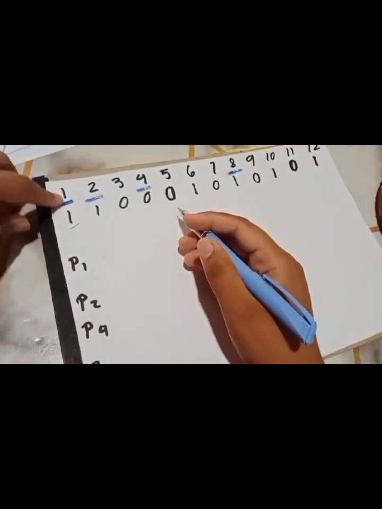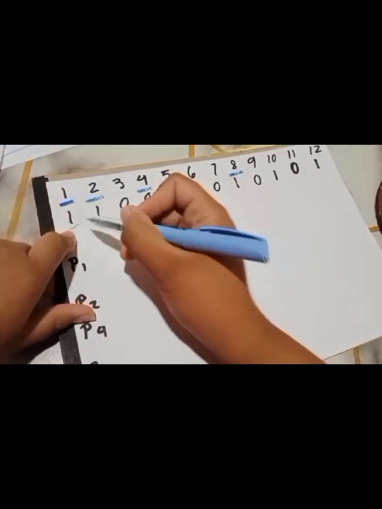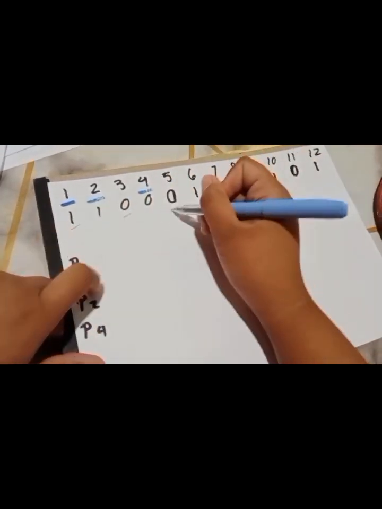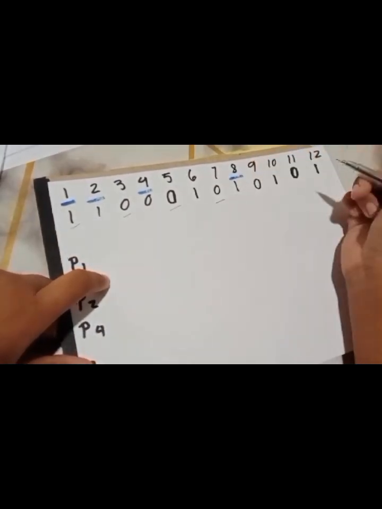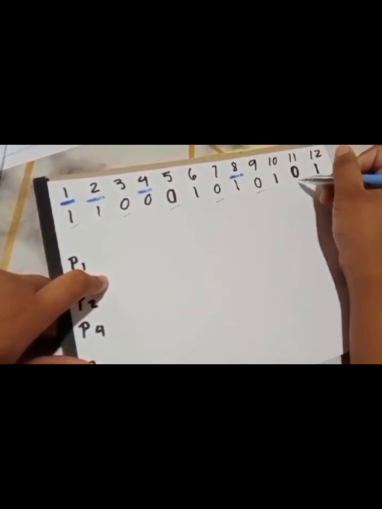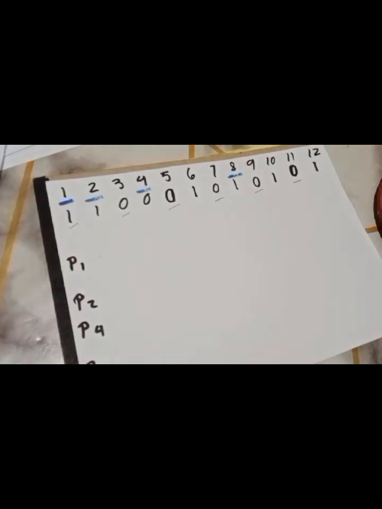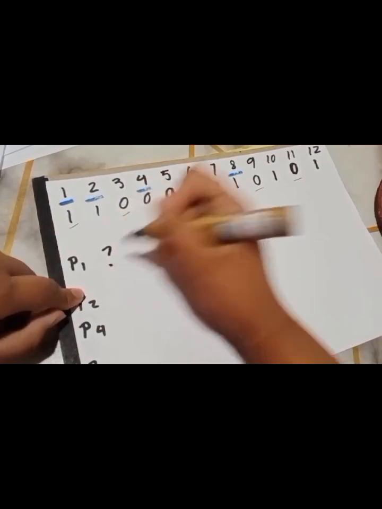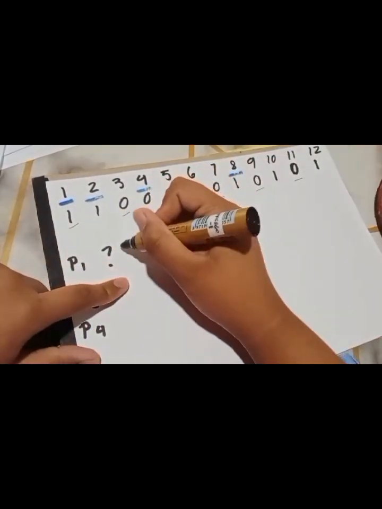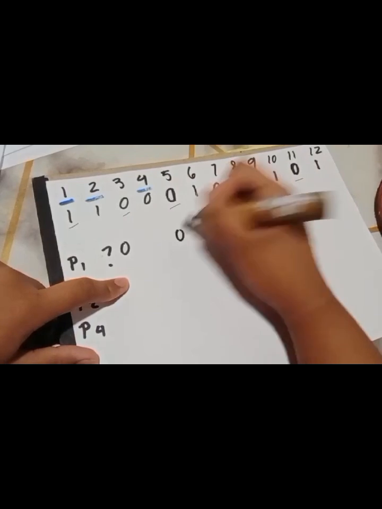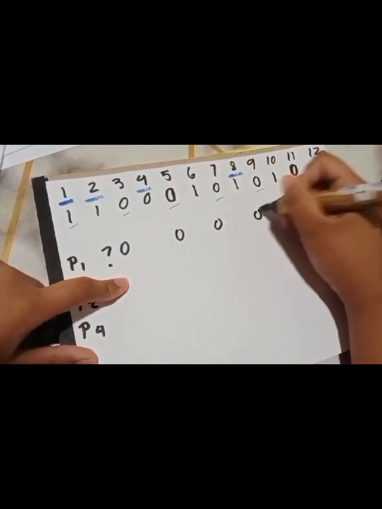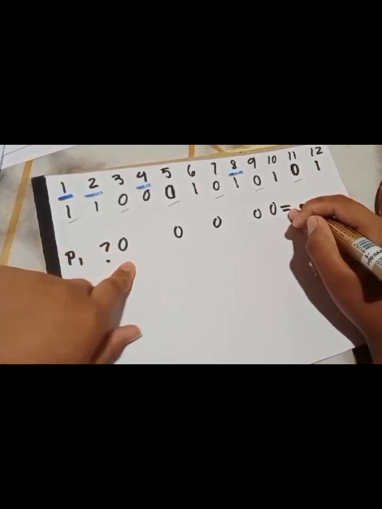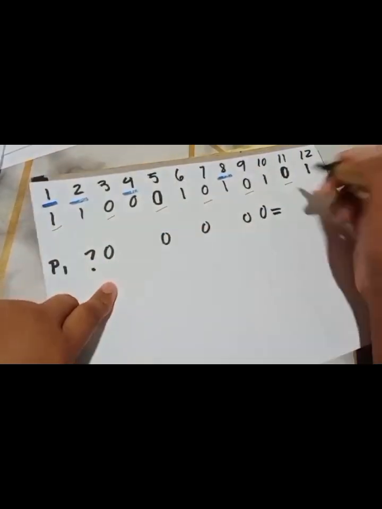So let's start with number 1. Check 1, skip 1, check 1, skip 1, check 1, skip 1, check 1, skip 1, and check 1. So in this parity number 1, let's put a question mark and let's copy 0, 0, 0, 0, and 0, and the equal sign. Let's put this first number here,